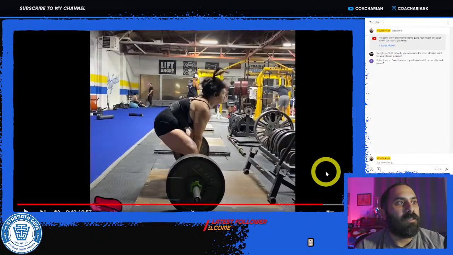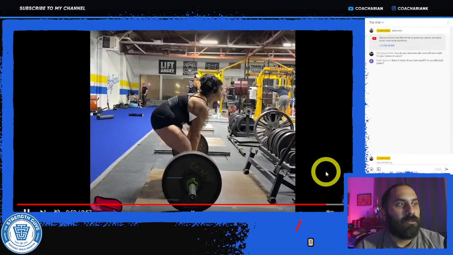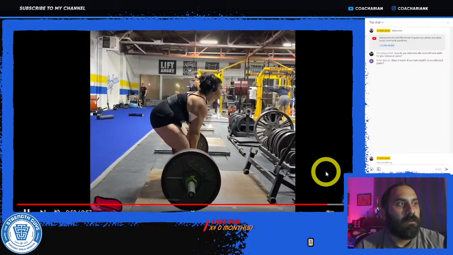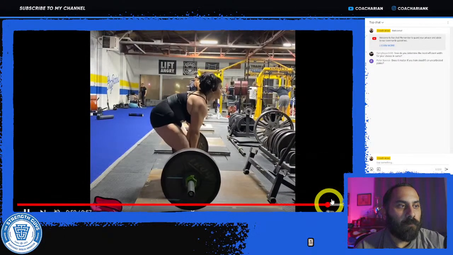And then once it's heavy enough weight, what happens is the hips come up, the knees and the shins shift back, the bar sweeps back into the middle of the foot, and then here, the bar starts to come up.